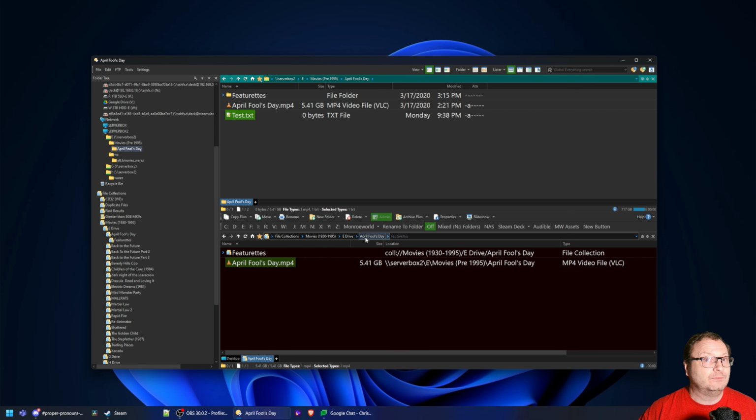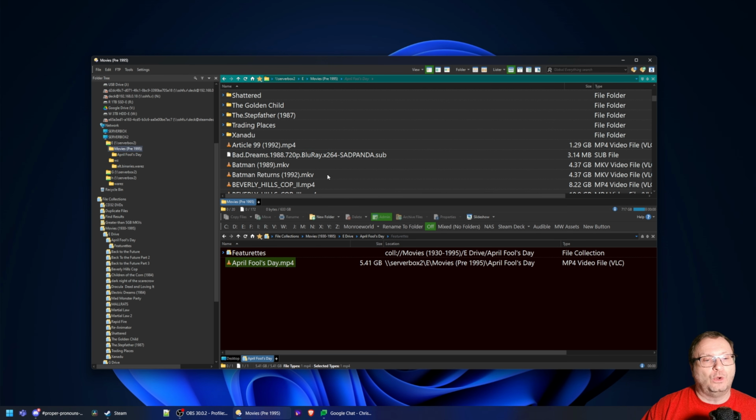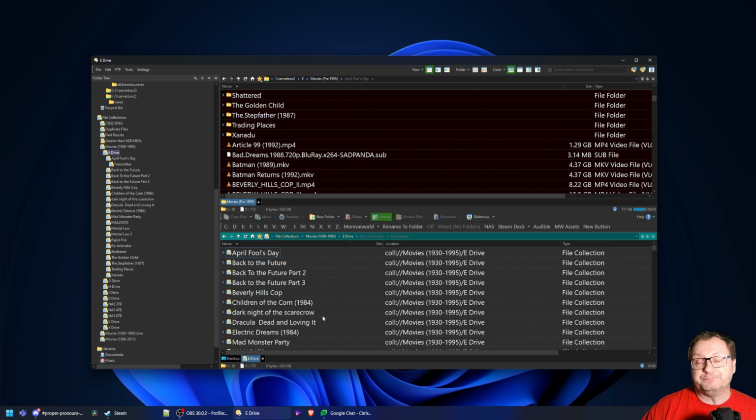you add them yourself. So the usefulness of tracking real-time running folders using file collections this way anyway doesn't really make sense because you're going to miss things. If I add a new movie to this folder, it's not going to get picked up here because I've already taken a snapshot of this location. But there are ways of doing it where it is live data, and I'm going to show you the differences